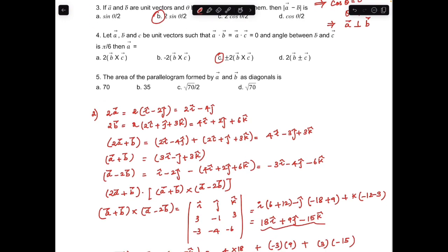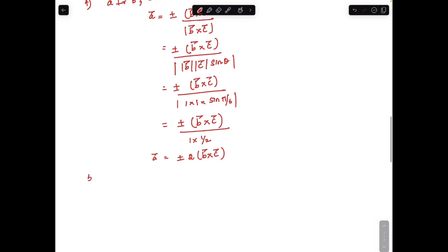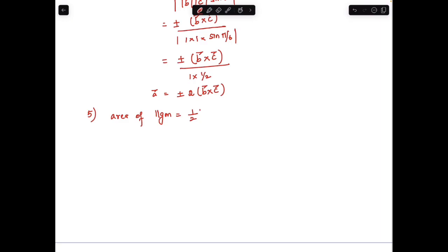Question number 5. The area of the parallelogram formed by A vector and B vector as diagonals is, so A vector and B vector are the diagonals of the parallelogram. So area of the parallelogram is equal to half times magnitude of A cross B. Let's get A cross B, I, J and K. Writing the components,